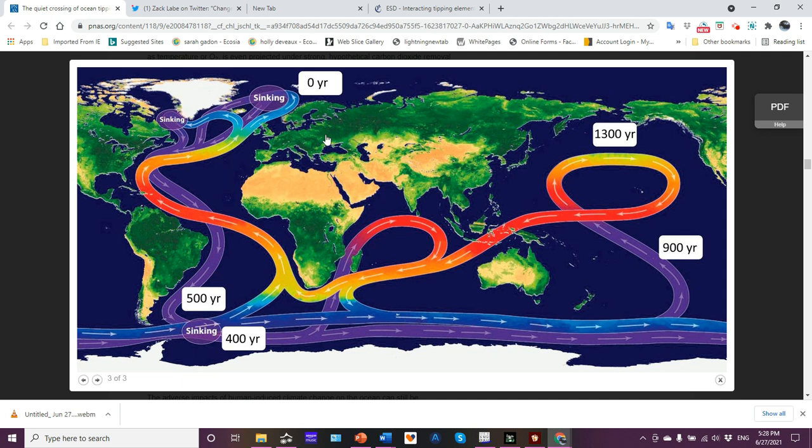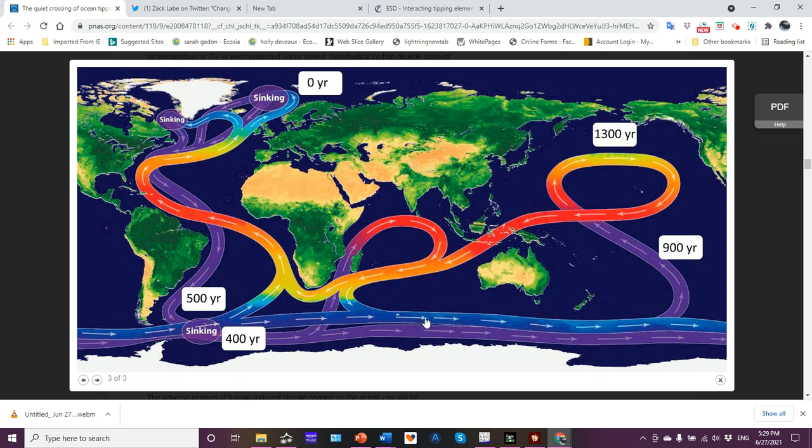Now, Wally Broecker showed that if you were to follow a parcel of water as it traveled through the conveyor belt, it takes about 540 years to circulate around. In general. Okay, depending on which pathway, because it does bifurcate and split into these different flows. So depending on which one the parcel of water finds itself on, it could take a little longer. And it obviously makes sense that you can go into the Northern Pacific, it can take 1,300 years.